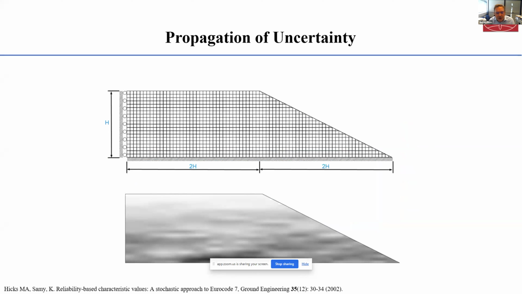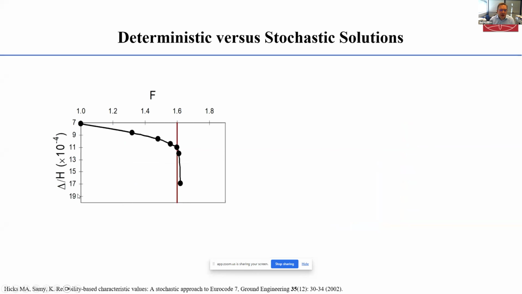Now, if we first of all analyze this problem using the finite elements and the strength reduction method, we get a graph something like this. The vertical axis is crest settlement non-dimensionalized with respect to the slope height, and the horizontal axis is a scaling factor. In the strength reduction method, what we do is we gradually scale down the strength of the material until the slope falls down. And the amount by which we have to scale down the original strength profile gives us the factor of